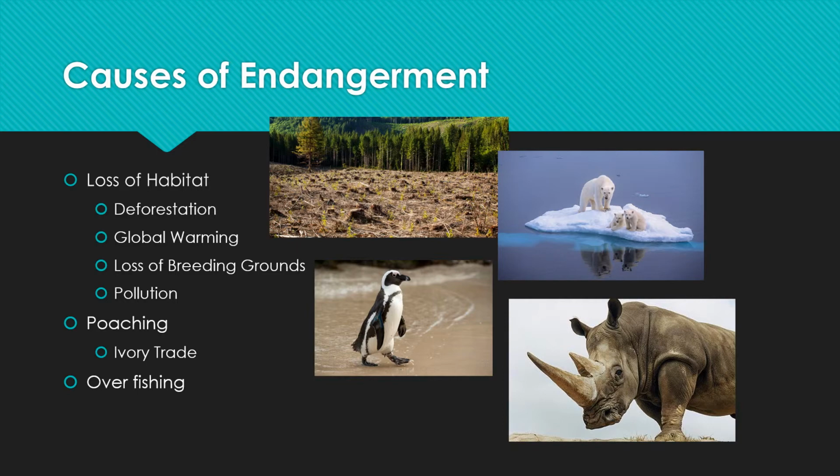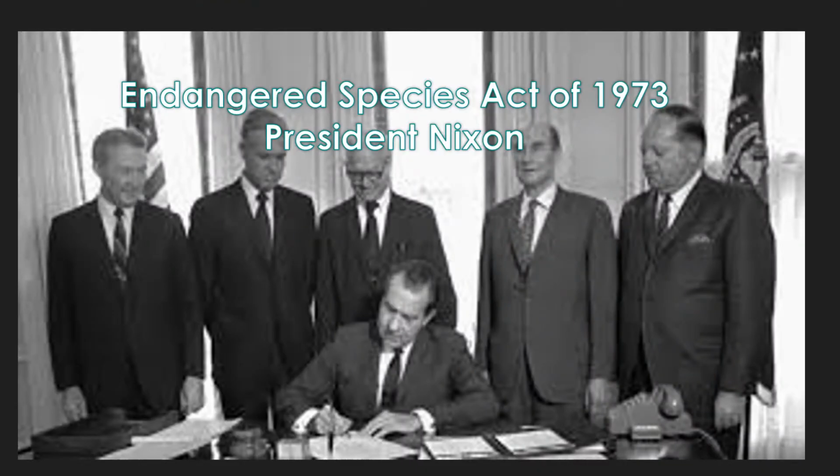In order to lower the rates of species on the endangered species list, President Richard Nixon signed the Endangered Species Act of 1973. This act authorizes the determination and listing of species as endangered and threatened, prohibits unauthorized taking, possession, sale, and transport of endangered species, provides authority to acquire land for the conservation of listed species using land and water conservation funds,